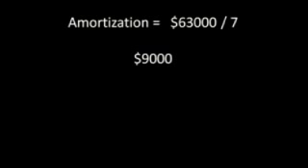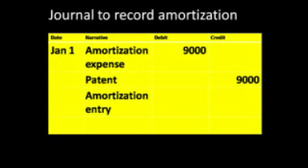The company Green Miracle has acquired a patent for software related to technology it can use. The company paid $63,000 and the useful life is estimated as 7 years. There is no value at the end of this period. Amortization means that the cost of using the asset is $63,000 divided by 7, that is $9,000 per year. To record this in the accounts, we make a credit to a patent account and debit an amortization expense account